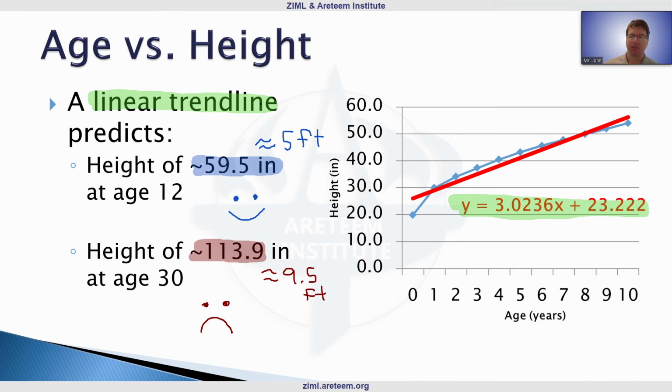Mathematically, the trend line is a line of growth, and we have that data there. So mathematically, there's nothing wrong with our prediction. Practically speaking, however, we're missing a very important thing: the fact that people typically stop growing at some point. This is assuming that growth is happening at the same rate the entire time, which we know from the background is false.